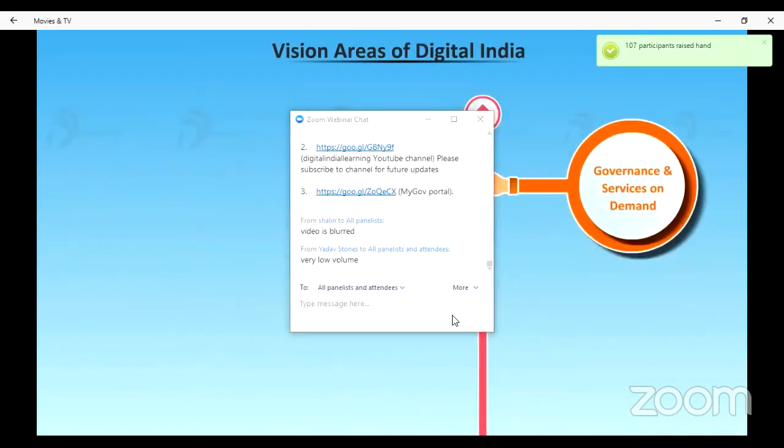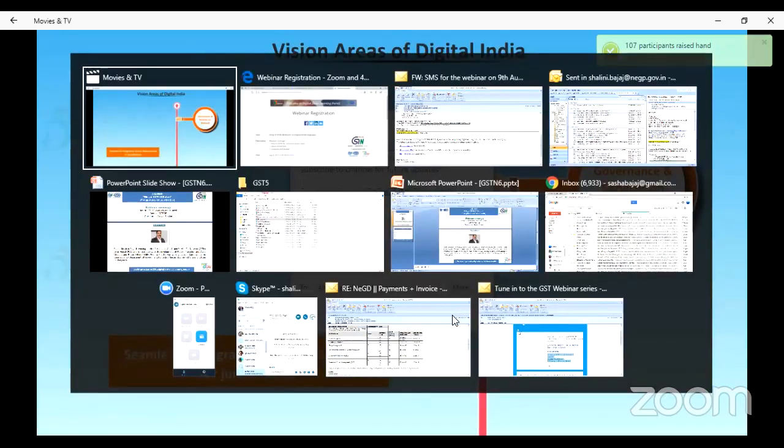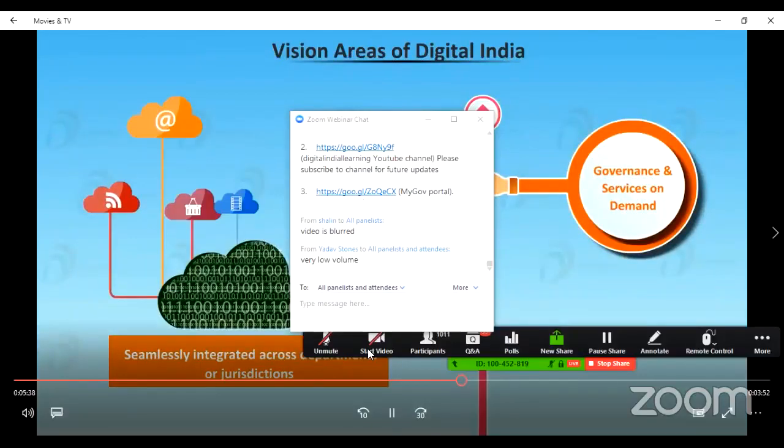The key components of the second vision are seamlessly integrated across departments or jurisdictions,